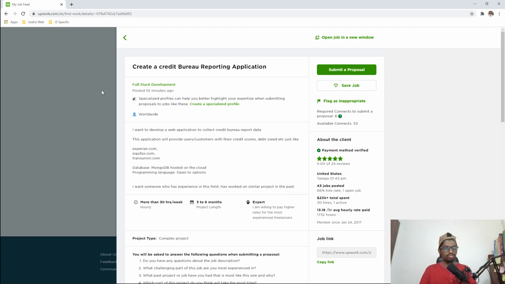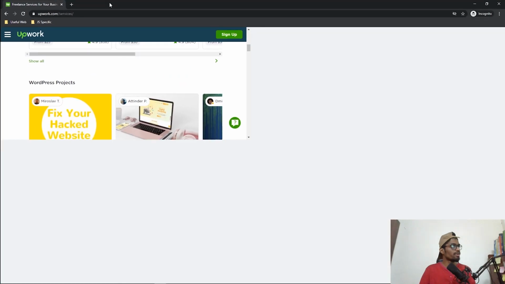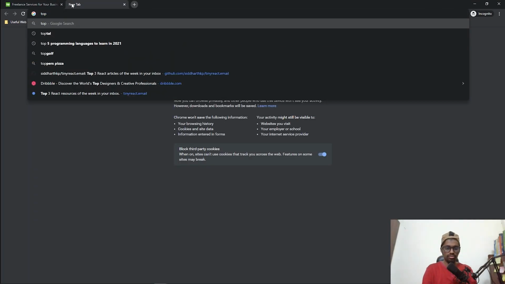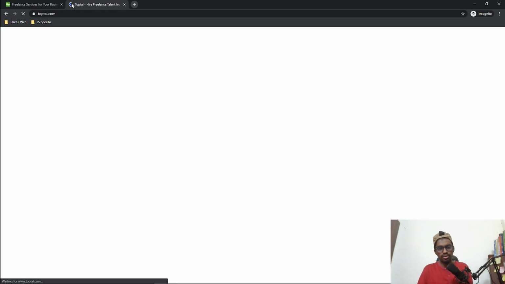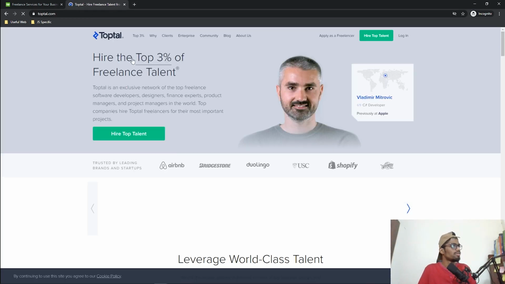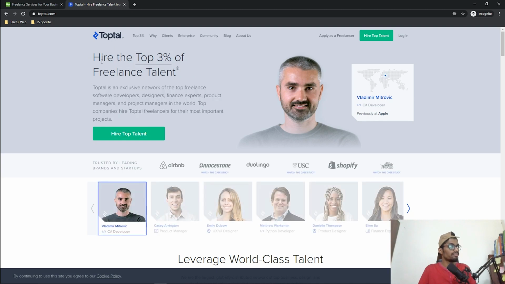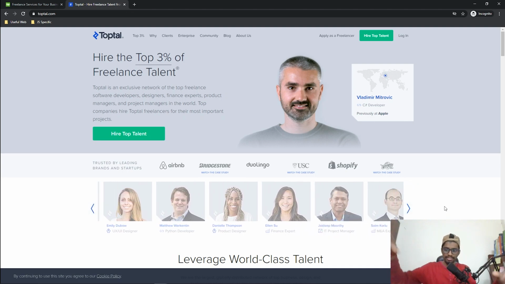I'll show you a couple of other sites that are booming right now, and one is Toptal. This is one of the best platforms right now. In Toptal, which is also kind of like Upwork, you register and they approve your account. Once they approve your account, you will be listed among the freelancers. Whatever project comes in, various teams are created, and based on that, teams work on a particular project. It is like a company, but in a freelancer position. So things are shaping up in a different way right now.